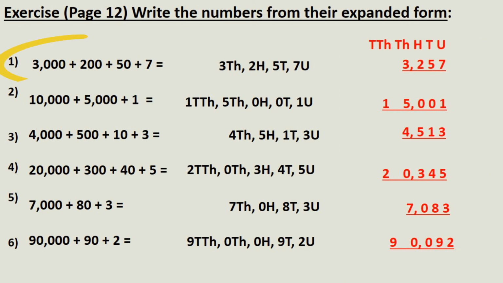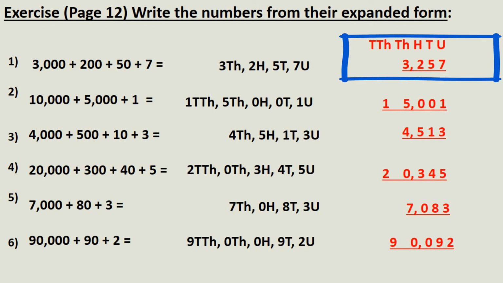The first sum is 3000 plus 200 plus 50 plus 7. The place values for 3 is in thousand place, 2 is in hundreds place, 5 is in tens place and 7 in units place. So you will arrange these digits in their proper place value which is written above the